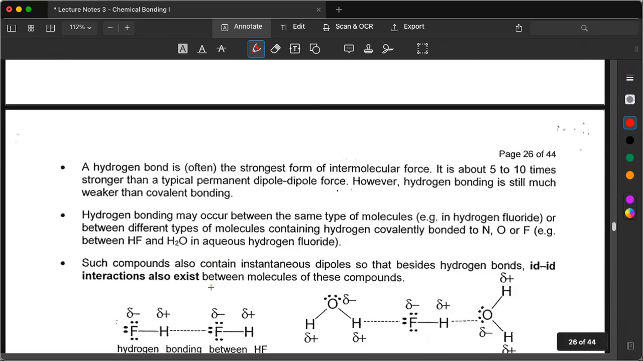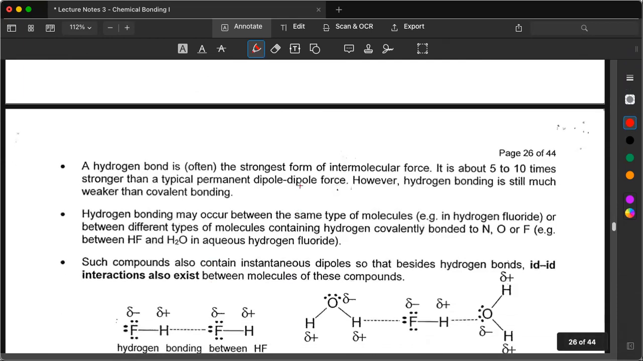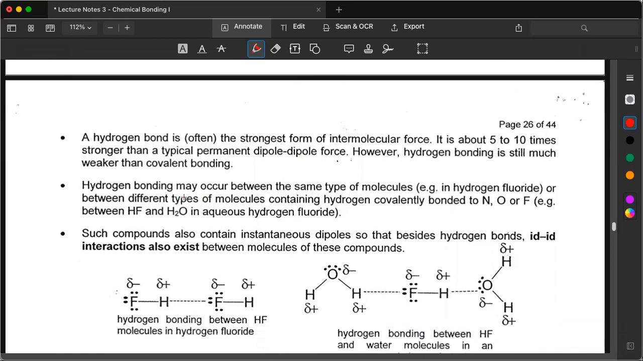The hydrogen bond is often the strongest form of intermolecular force. It is about 5 to 10 times stronger than the PD-PD force. But compared to covalent bond, hydrogen bond is still much weaker. Hydrogen bond occurs between the same type of molecules or between different types of molecules containing hydrogen covalently bonded to N,